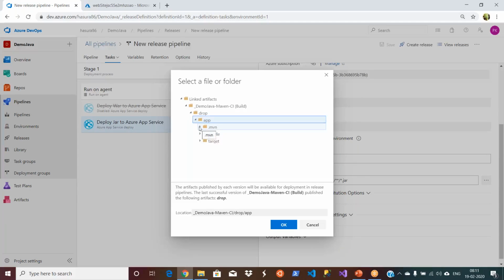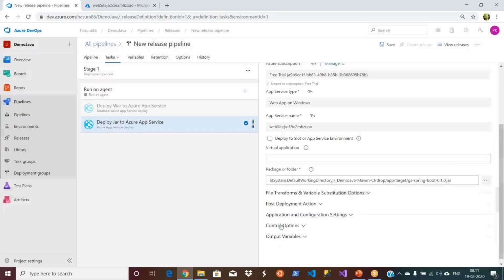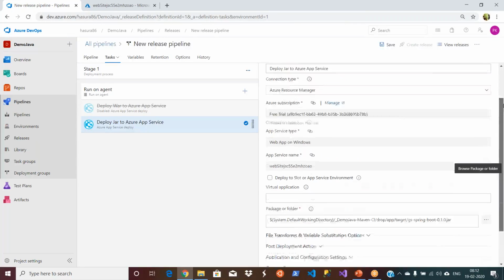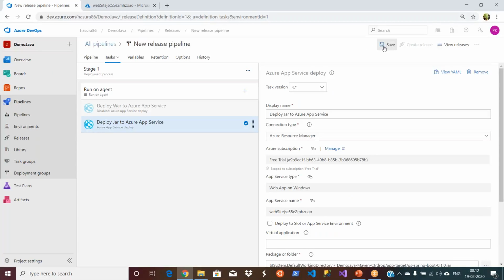See, we don't know what this project is, so don't ask me what it is. It is just a simple hello world program. But if you are doing it for any actual Java application, the developers will tell you which folder contains what jar files, etc. Okay, you select the GS Spring Boot jar file, say OK. So this is the one you need to do, and then let's go and save it,